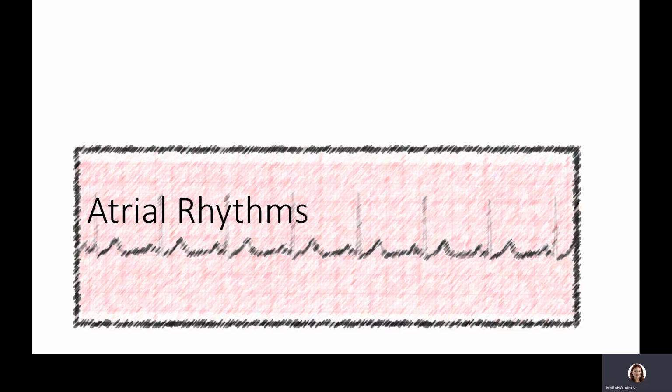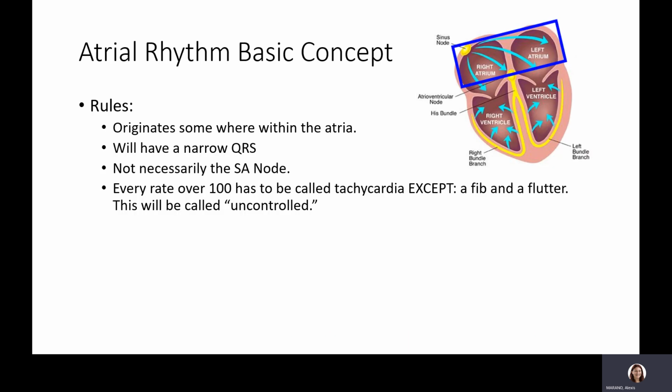Right. Next, we'll talk about atrial rhythms. These rhythms are not necessarily coming from the SA node, but somewhere in the atria. So they'll have similar characteristics. The QRS will be nice, normal, and narrow. But they don't necessarily come from the SA node, so they may not necessarily be regular or look quite the